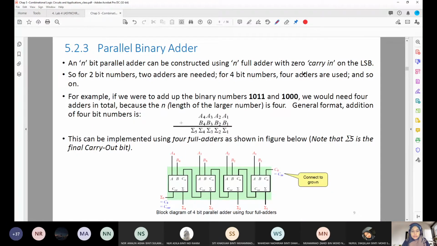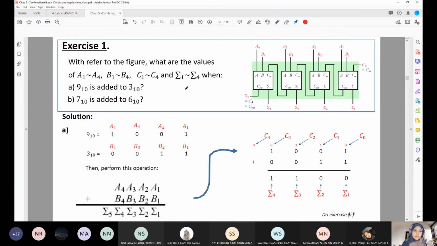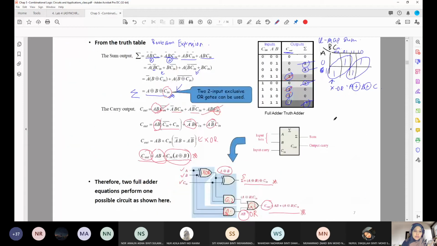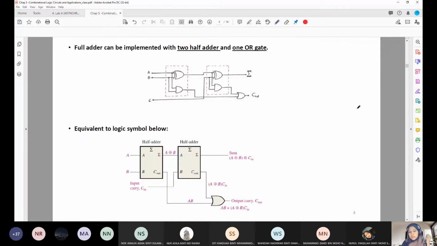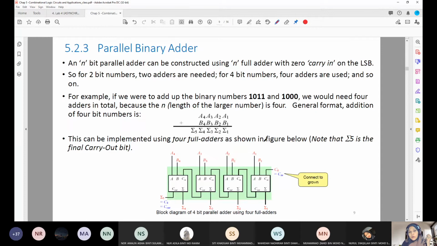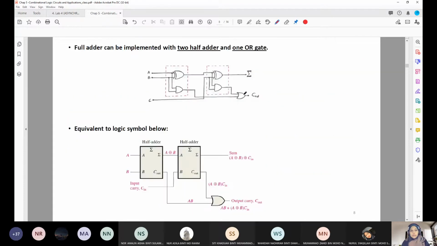Okay, now let's see when we have three or more adders. Earlier, we only wanted to add two numbers, or one number with 3 bits. How about when we want to add 3 or more numbers using the binary adder? But before that,